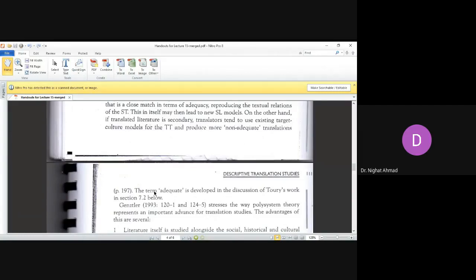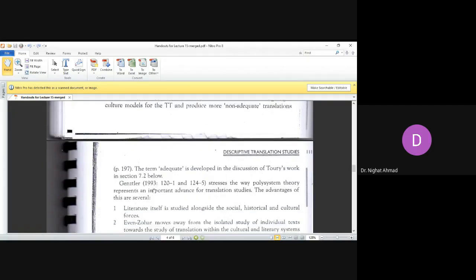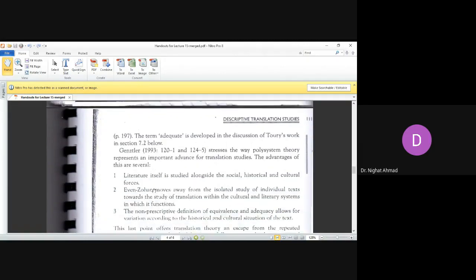So on the other hand, if translated literature is secondary, translators will need to use the existing target language models and culture for the TT, and produce more non-adequate translations. The term adequate as such will be developed when we move on to the next model in polysystem theory. So here we move on and see that